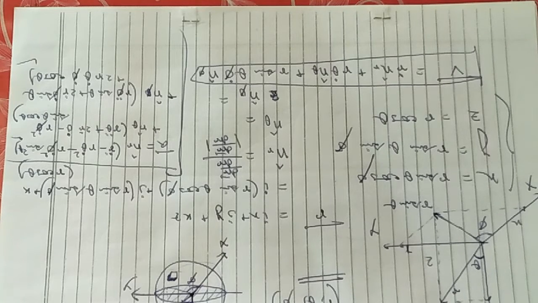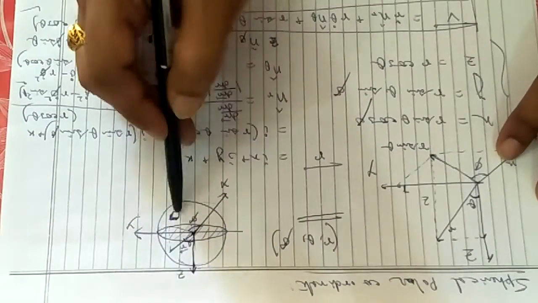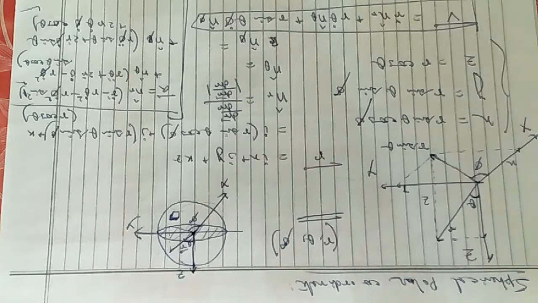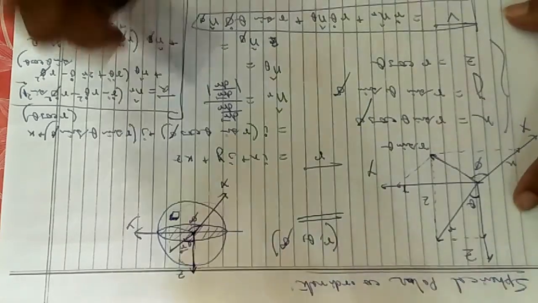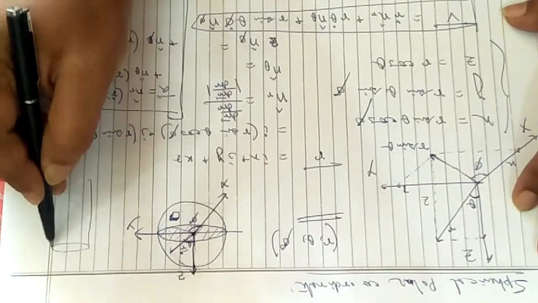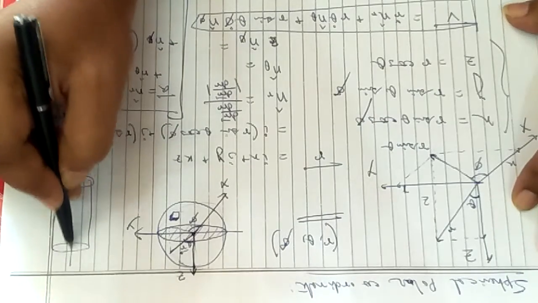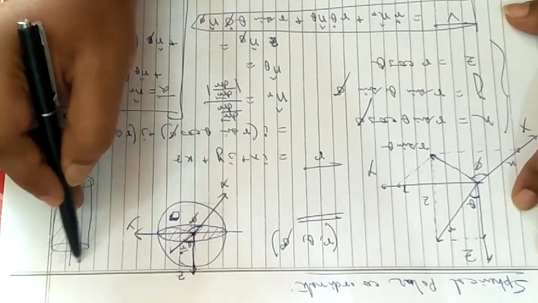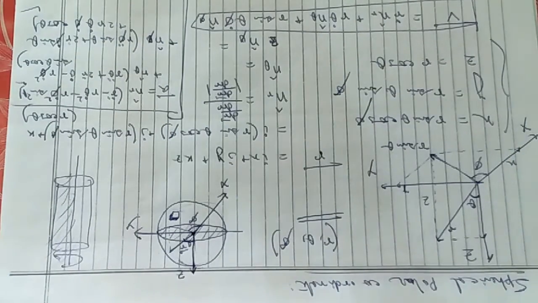Suppose you are calculating the moment of inertia of a hemisphere. You have to go towards the spherical polar coordinate system. Suppose you have a solid cylinder that is cut axially, and you have a half cylinder rotating along the axis. In that case, you have to go towards the cylindrical coordinate system. These are the main objectives of the class. So this is the beginning of the coordinate system.